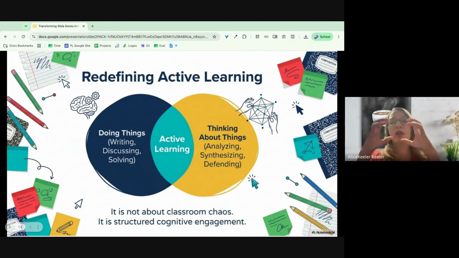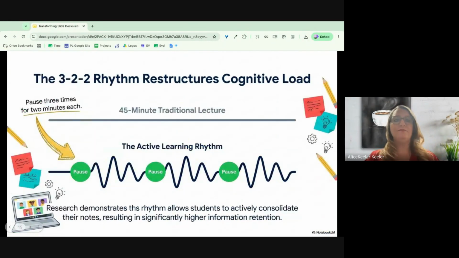And we're trying to engage their brains in there. So there's still some element where I am presenting information to them, but then I'm asking them, what do you think about that? What are you going to do with it? So this is a tip for an active learning lesson: